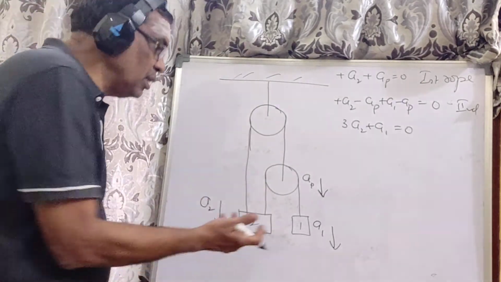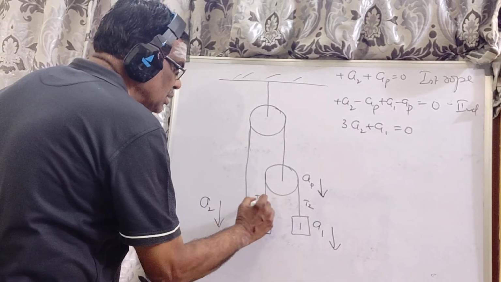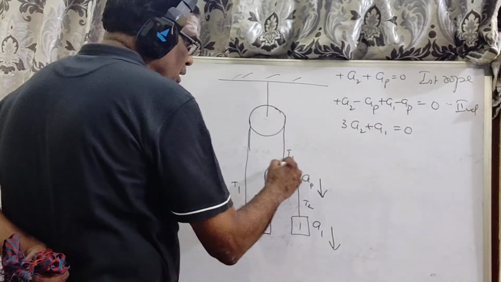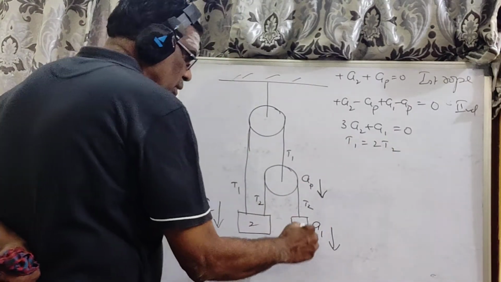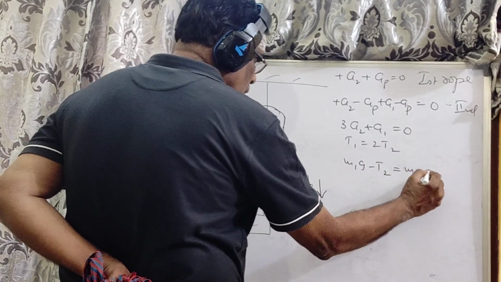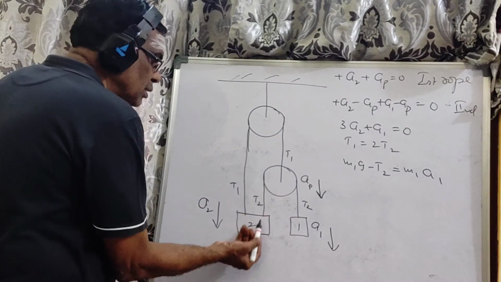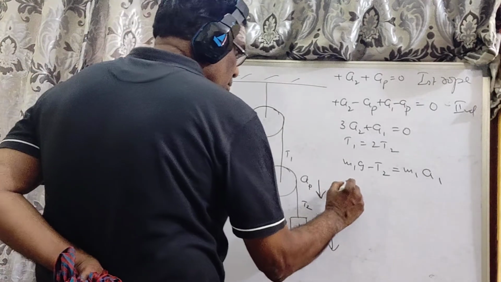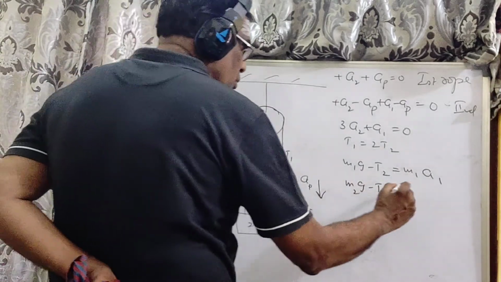How do you write the equation here? Look at this. I'll take it as T2, T1, T1. One simple thing about this is obviously T1 is equal to 2T2. Now this, M1G minus T2 is equal to M1A1. And here, see, T2, T1, M2G. M2G minus T1 minus T2 is equal to